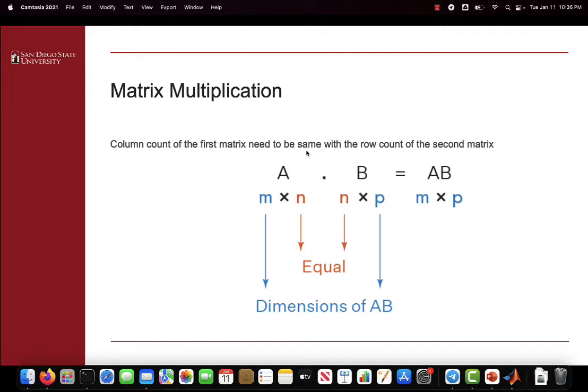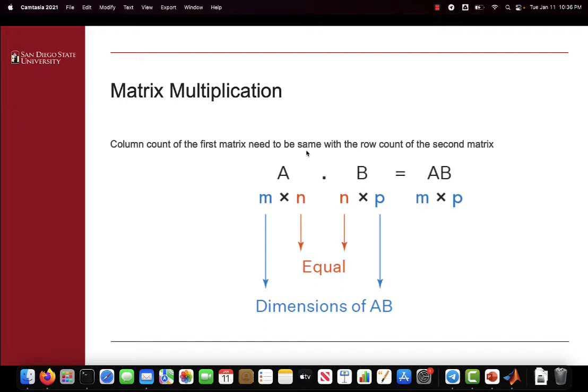The restriction is that the column count of the first matrix should be the same as the row count of the second matrix. I'm saying again, the column count of the first matrix should be the same as the row count of the second matrix,